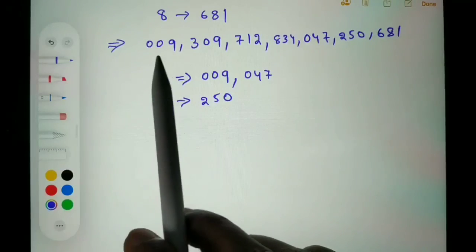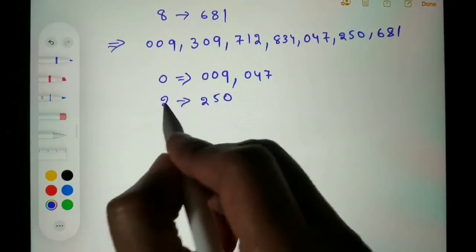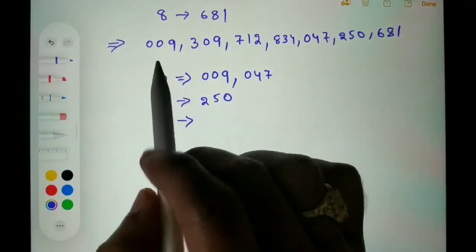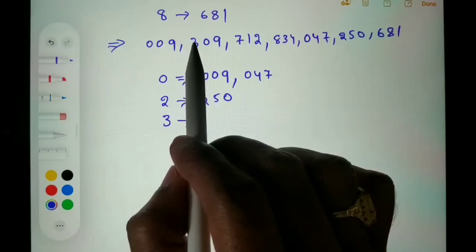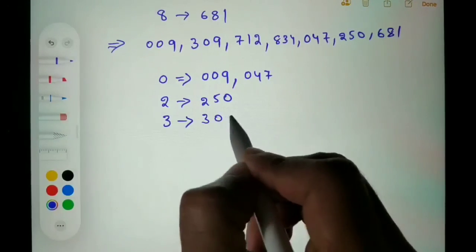And next we will move on to 3, and I can see one element which has 3 as a third digit, and that is 309.